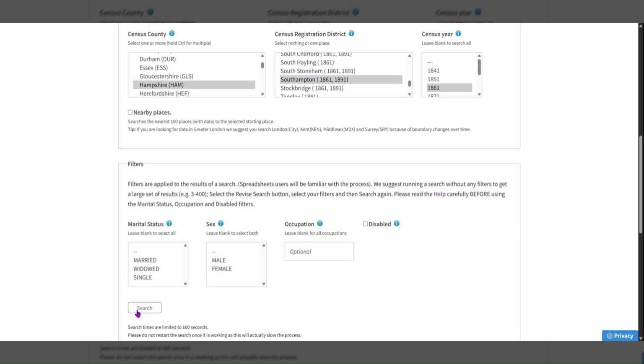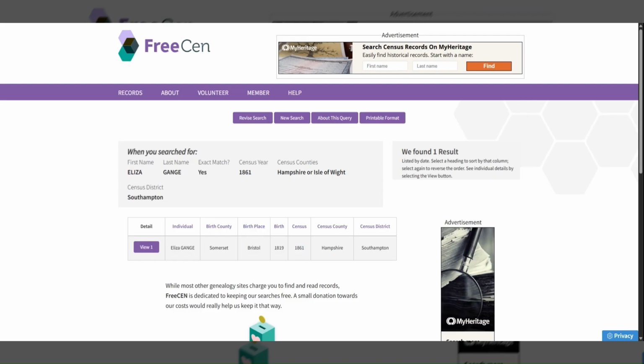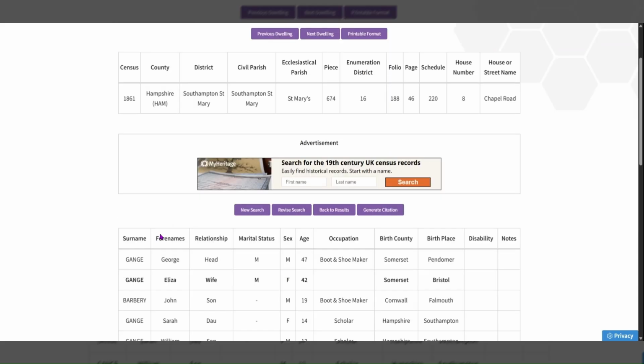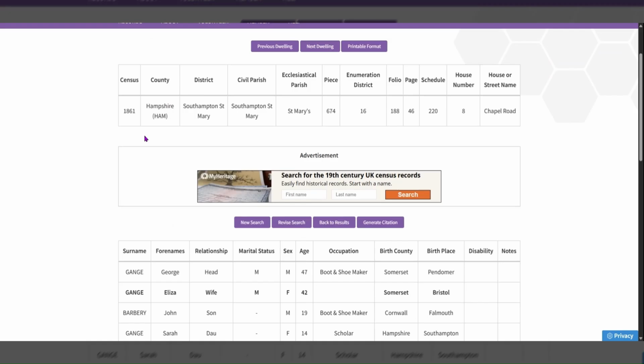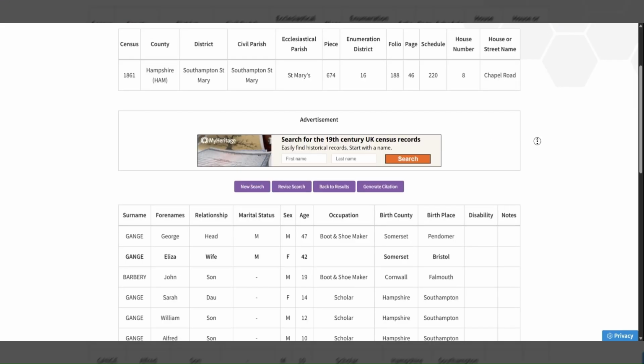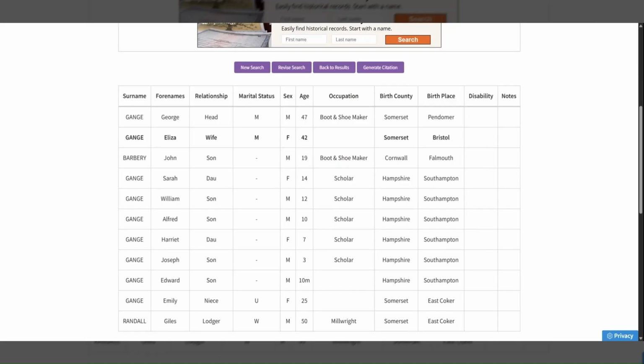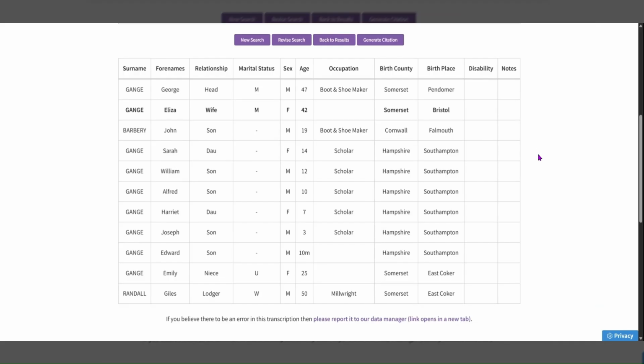But for now, let's just click on 1861. Now let's see what this gives us. As you can see at the top here, we have the census return details, including the address. And if we look down here, there are far more people on this transcription than there were on the FamilySearch.org transcription. As before, we have George Gange, his wife Eliza, and Eliza's son John Barbary, but we also have the